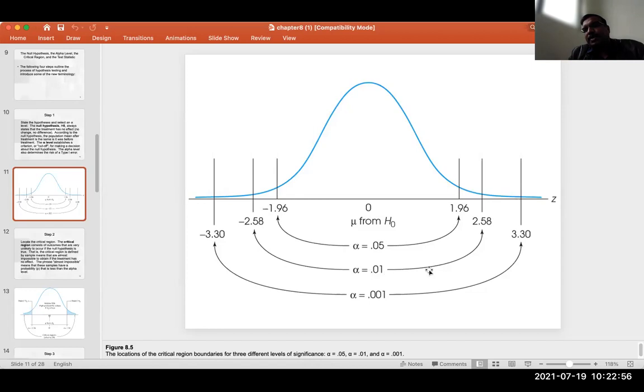For being confident 99%, Z value should consist of this value. And to be confident about 99.99%, alpha equal to 0.001, you have to go for this cutoff limit. You have to put your cutoff value, C value here in the two-tail test. In one tail test, Z value should be different. We are going to consider only one region, right? I hope you understand this graph.